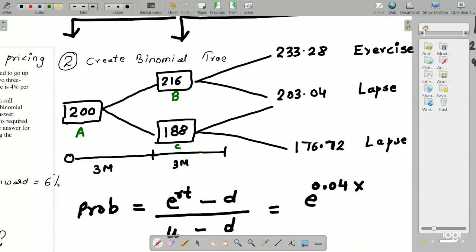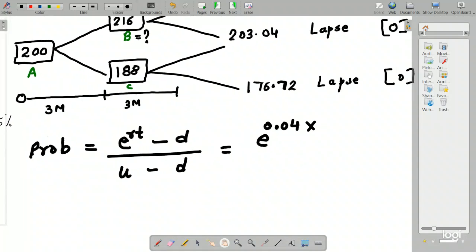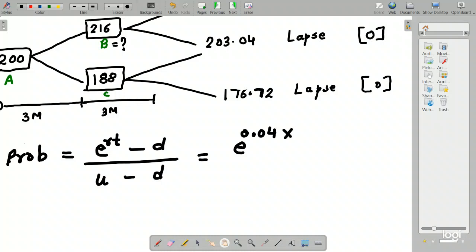So the first thing that I am supposed to do here is to calculate the value at node B. Okay, so calculating the value at node B. In order to calculate the value at node B, I should know what the probability is, and that's exactly what we are doing now. So if you remember, this is the time period, and when I'm moving back, I cannot move back all at a stretch because we just wanted to maintain uniformity. So I am moving from the future up till this place, right? So that's only 3 months. So I wrote it as 3 months.